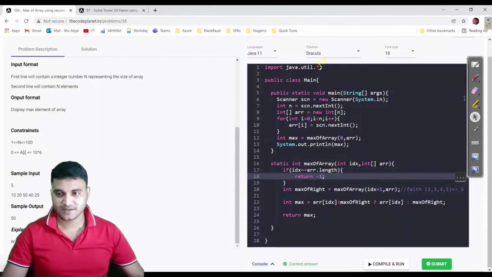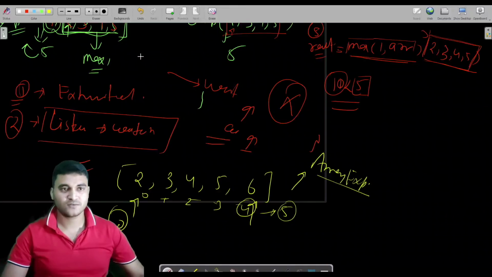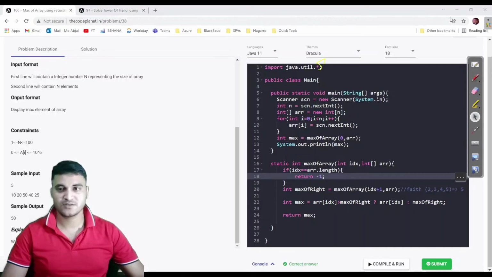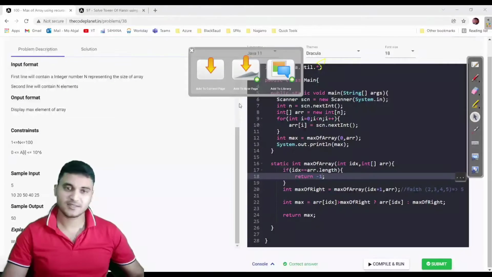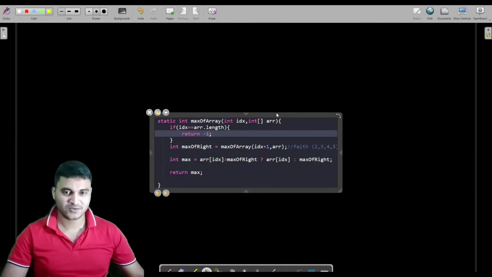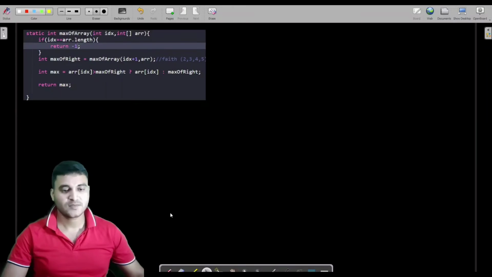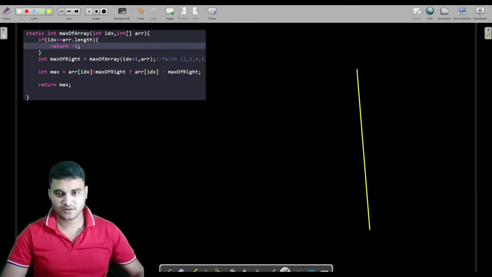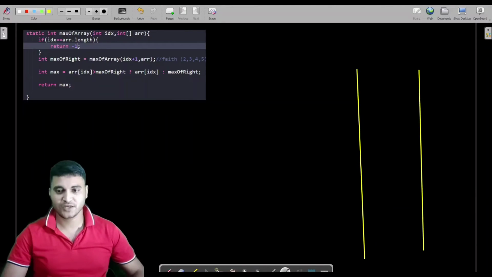So let us have a small dry run of this also, because this is necessary actually. Recursion problems require more deep discussion, and it is okay. Fine. So our function is like this, and of course I will have to make a stack because we do have one recursive call.